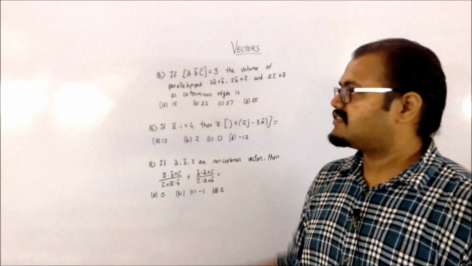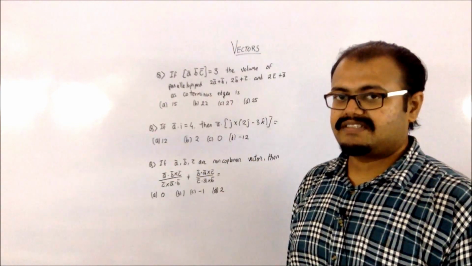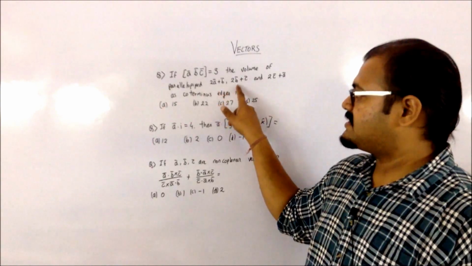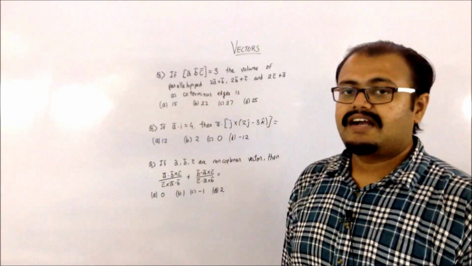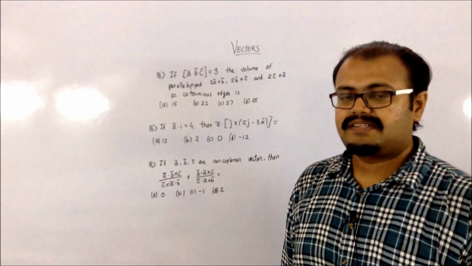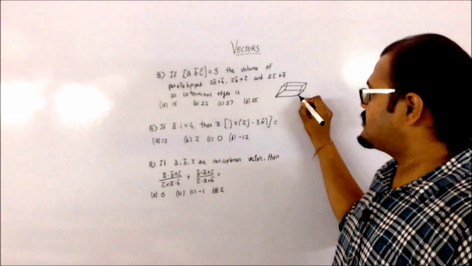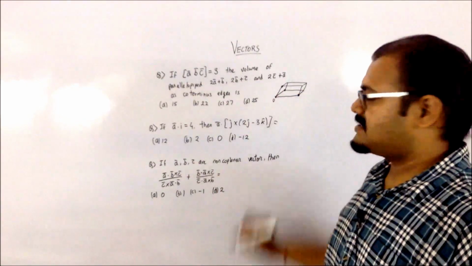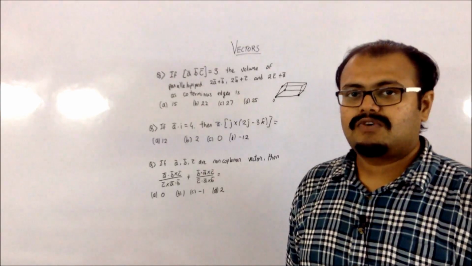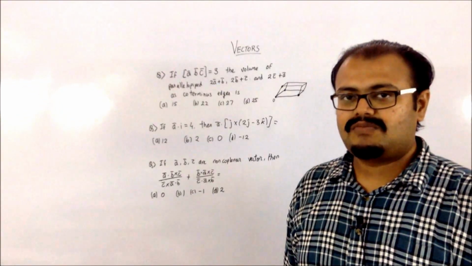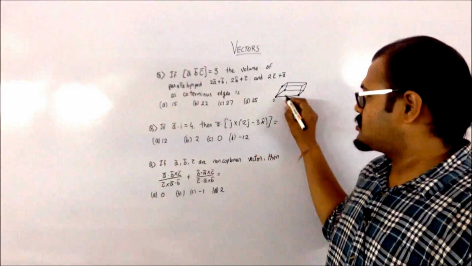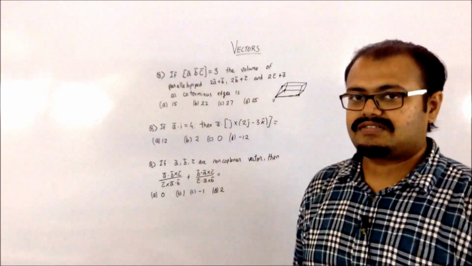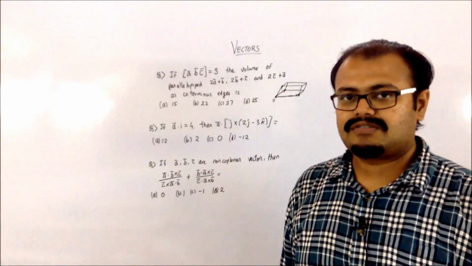In this question they have given me the box product of A, B, C, which is equal to 3. I have to find the volume of this parallelepiped, which is represented by the edges given by this. What they have given is the vertices of these points, and over here I have to consider that this point is my origin. Whenever you have to find the volume of a parallelepiped, you have to take the box product of these vectors, which are directly given to us over here. So let us find the box product of that vector.